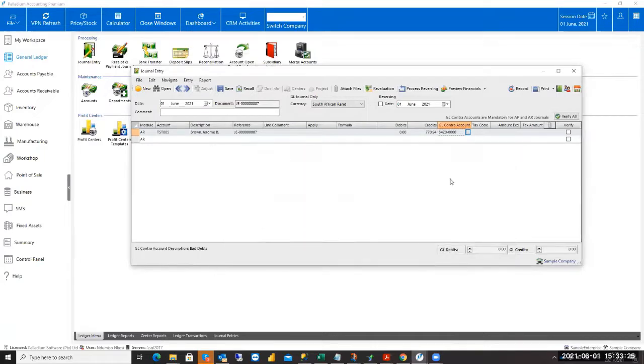I can just say bad debts, and then that's my journal, and it's complete. It's going to post this as a credit into my customer control account and also add it to Brown's account specifically. And then it's going to post a debit into my bad debts account. So if I verify this and I record it,